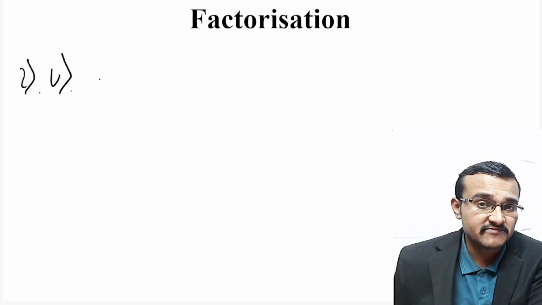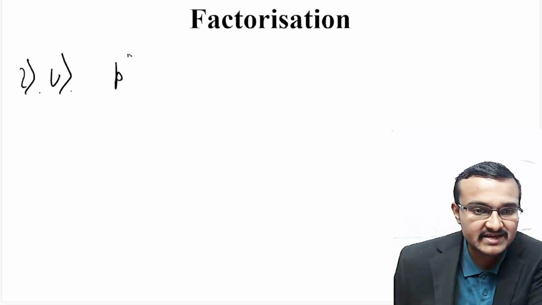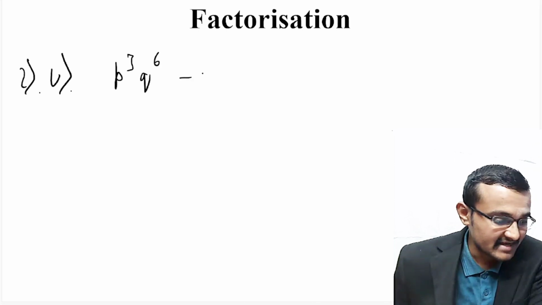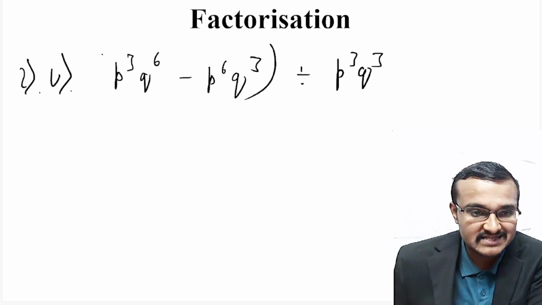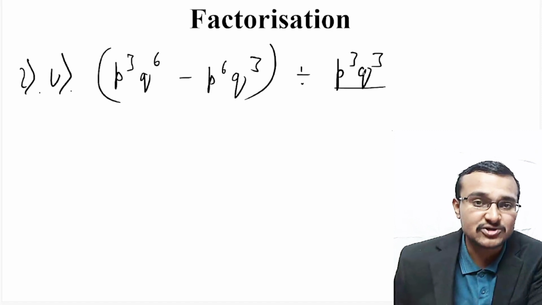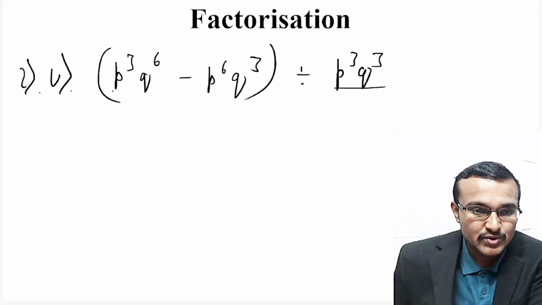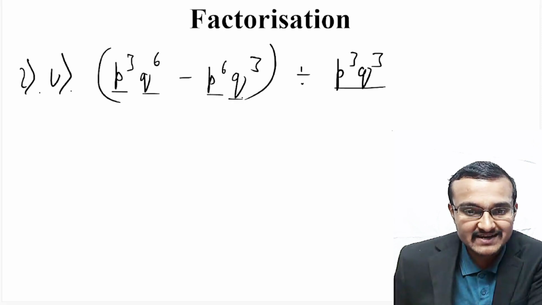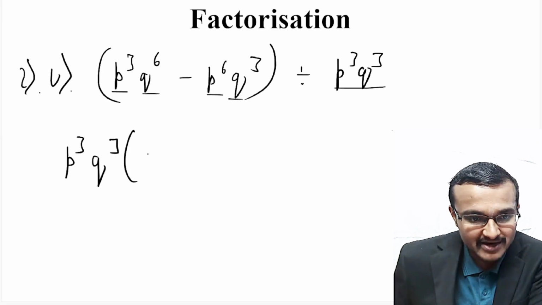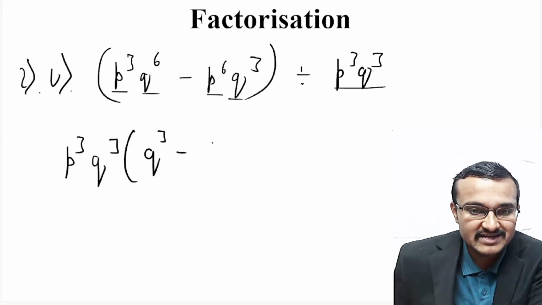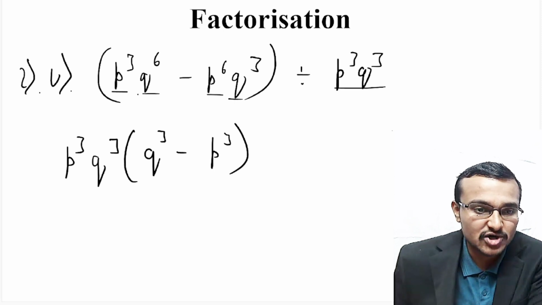So coming to the fifth question in this second question, they have given p cube q power 6 minus p power 6 q power 3, divided by p cube q cube. This is an algebraic expression and you should divide it by p cube q cube. Here you can clearly see p cube you can take common in both and q cube you can take common in both. When you take p cube and q cube common, only q power 3 minus p power 3 will remain inside the bracket,